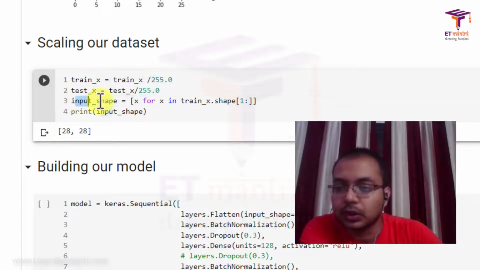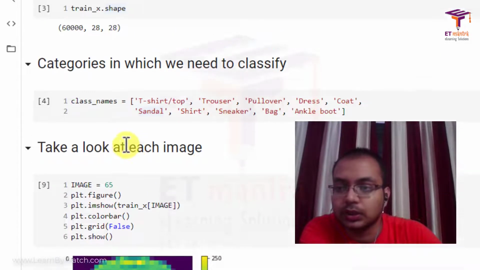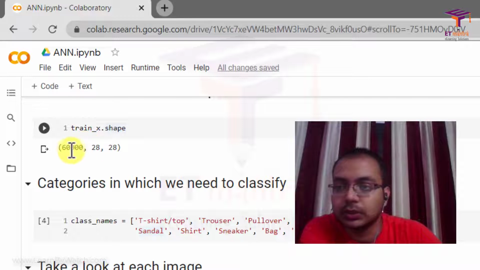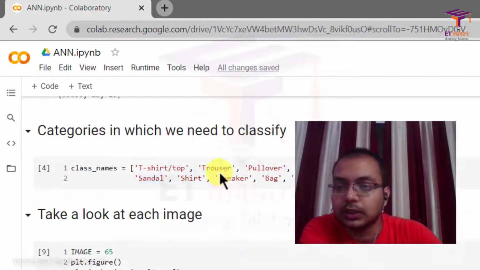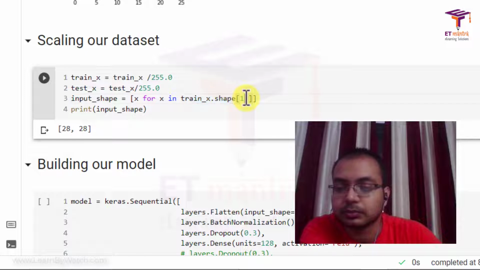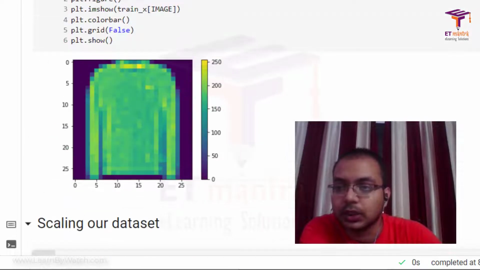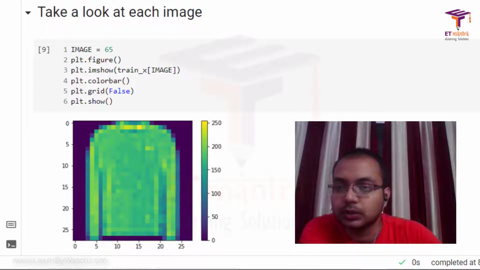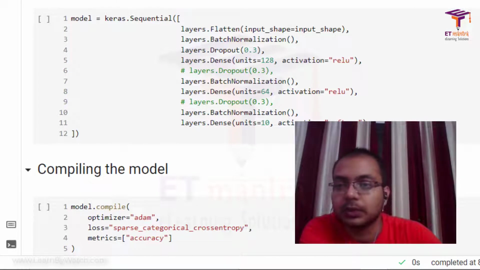And then I have got the input shape of one training example, using list comprehension: x for x in trainx.shape. So you already knew what trainx.shape was. It was 60,000, 28, 28. From that I have extracted index 1 till last, so I have extracted these two, 28 and 28, and from that I've made a list. So when we print out the input shape, we get that it is 28 by 28.